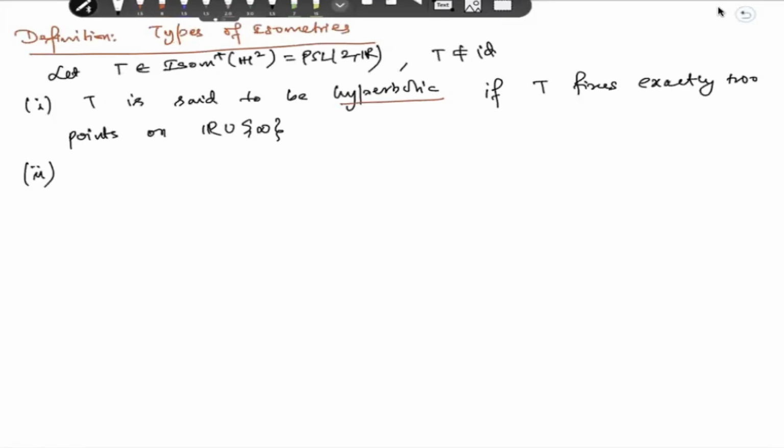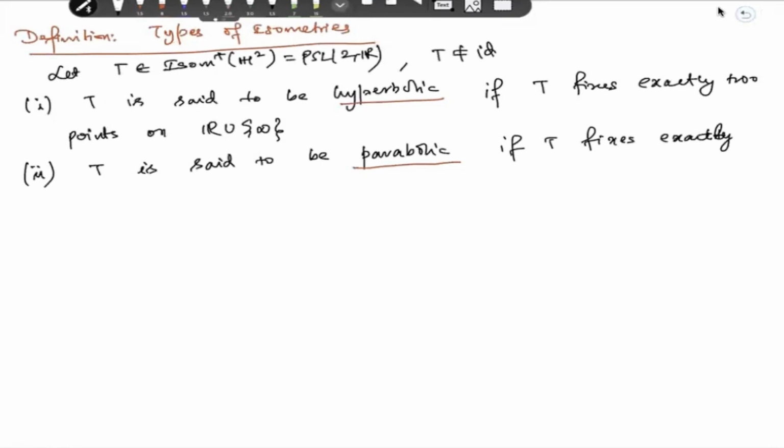Second, T is said to be parabolic if T fixes exactly one point on R union infinity. And the third, T is said to be elliptic